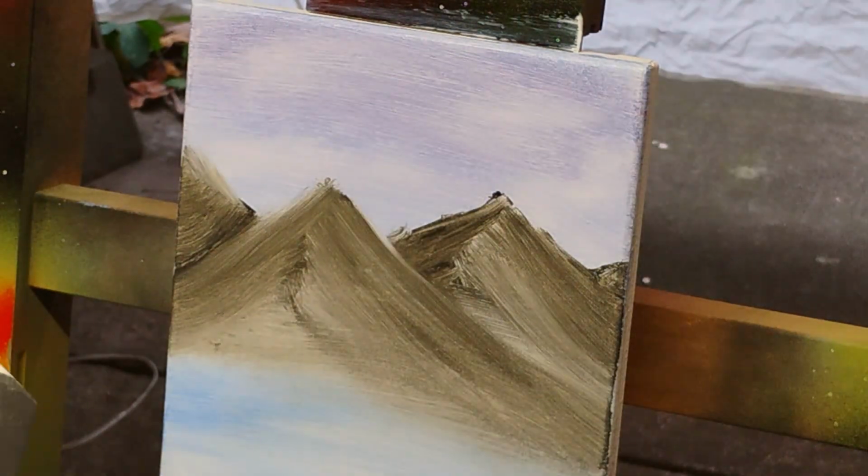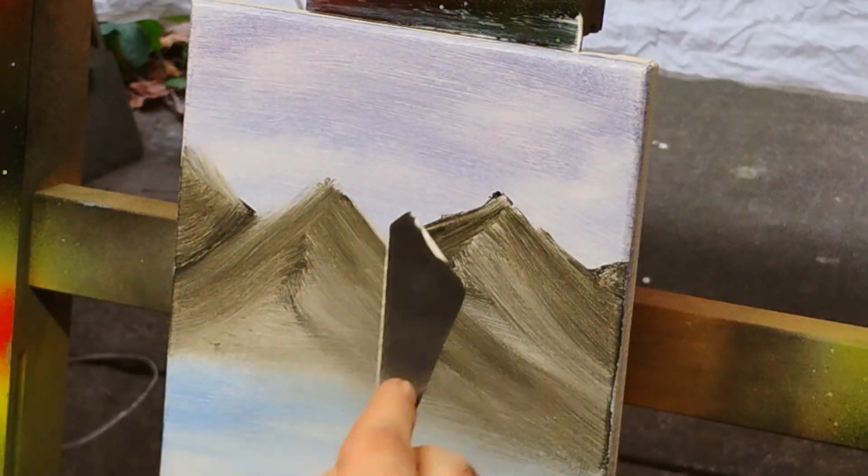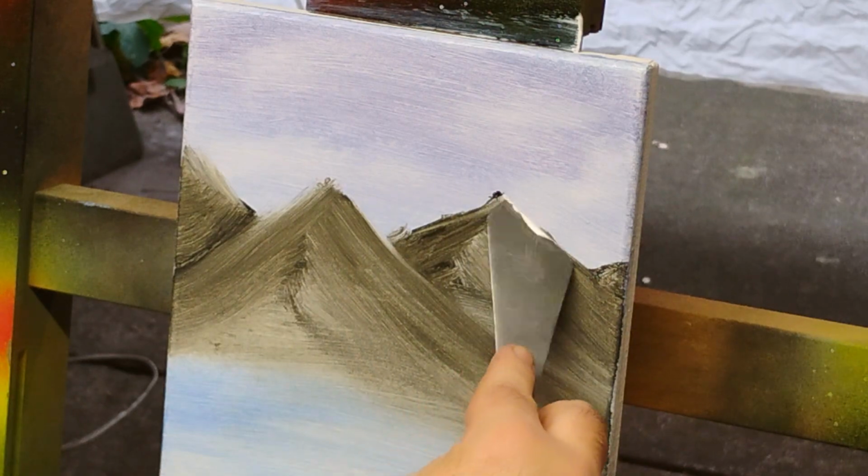And then we're going to come in here. We're going to decide which way we want our light coming in, and I think we're going to have our light coming in from this way. So we're just going to